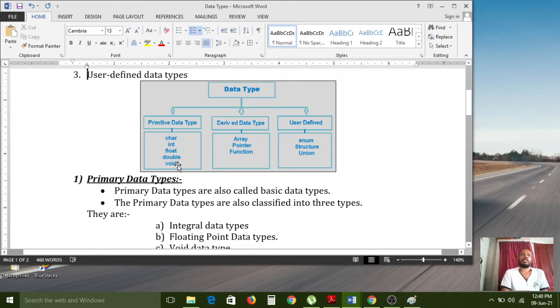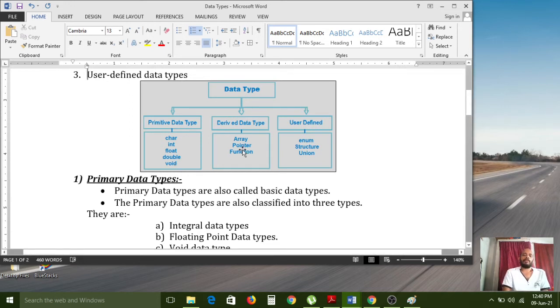Primitive data types are nothing but built-in data types. All these data types come along with the C software only. When you install the C related software, then automatically all data type functionality is also available. You no need to write the logic about that data type, because that data type's logic already exists in the C software. So again we no need to write, just simply we can use those keywords.